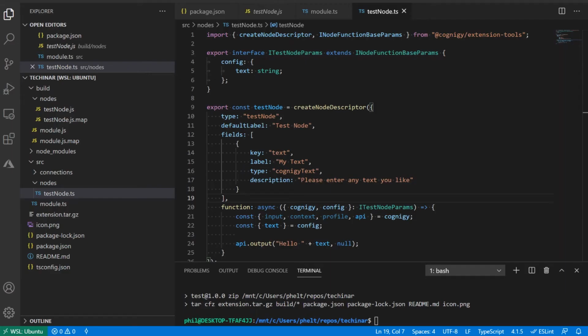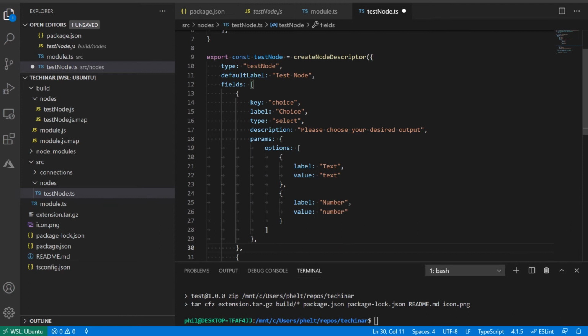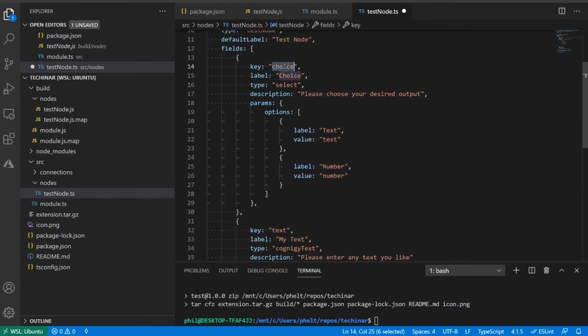So let's take a look and implement some of the things that we've just seen. And we're going to start by adding some extra fields and some sections. And I've prepared those here. So here we have our fields, right? Right now we only have the my text field. So I'm going to add another field in which I call choice. So the key is choice, and maybe the label is your choice.